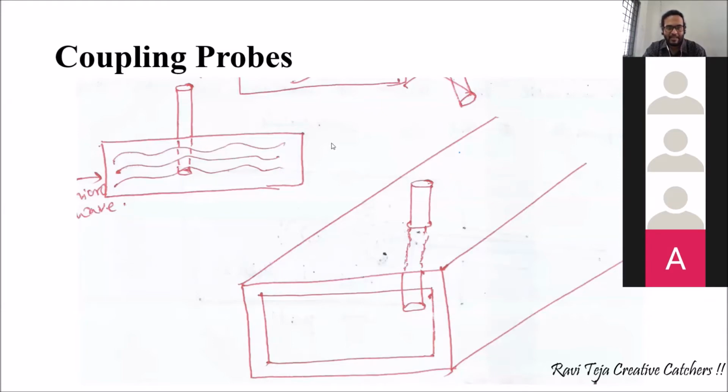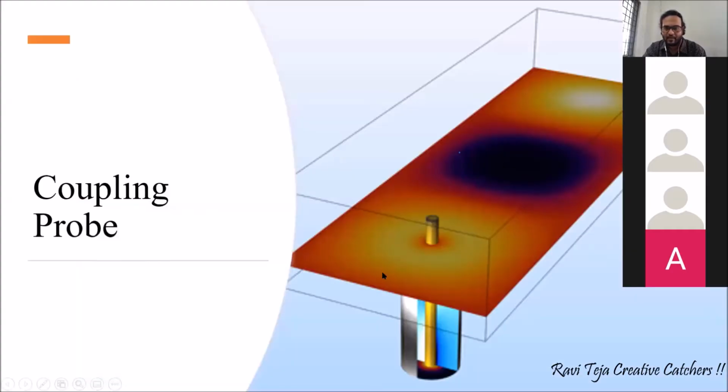Okay, if you are using coupling probes, this is how it is represented graphically. This is a cavity resonator or a waveguide in which a hole has been made, and they have inserted a pipe kind of structure. This pipe is coupled, and it is considered as the probe. Simply, we make a hole and insert one metallic tube, which we consider as a probe.